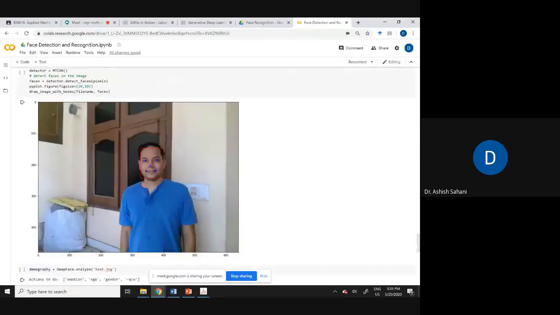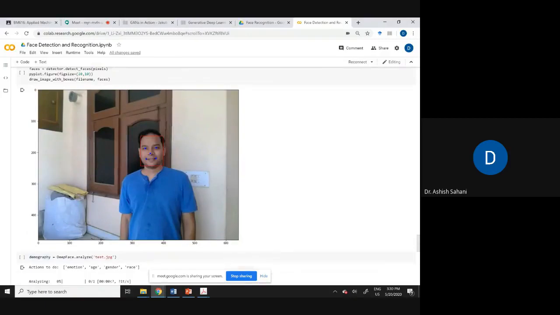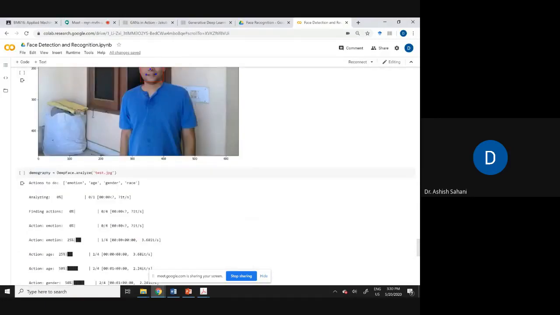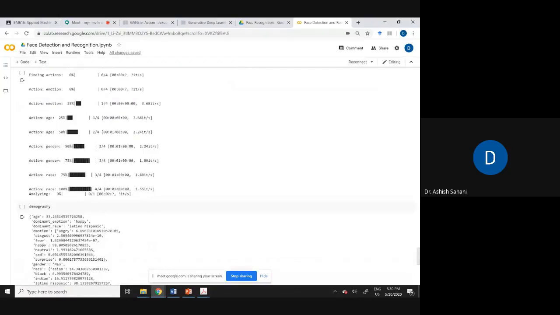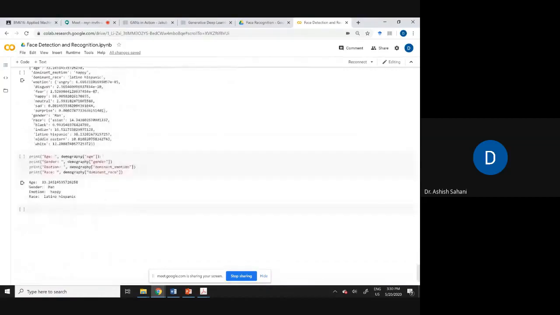I'm identifying the locations and the landmarks in the face, and doing emotion and demography recognition, which gives me age, gender, emotion, and race. Again, race here is wrong, but overall other things are okay. So this is all I wanted to discuss.